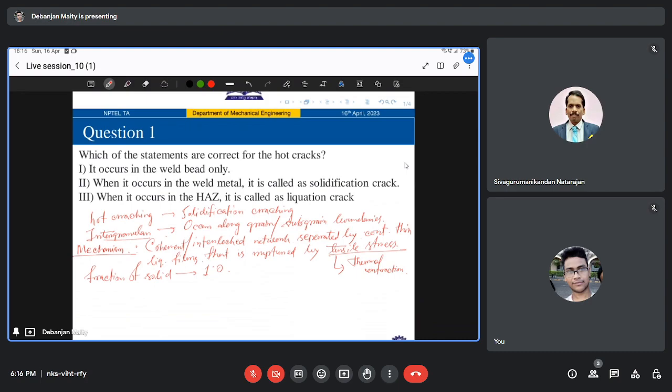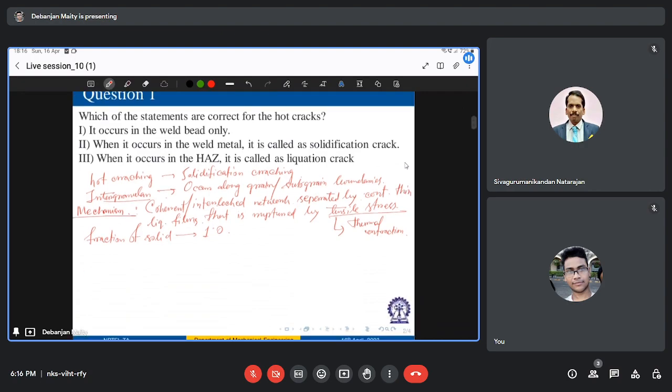Now, several factors favor solidification cracking. There can be metallurgical factors and mechanical factors. In terms of metallurgical factors that increase the susceptibility to this cracking, there can be the freezing temperature range, or the presence of low melting eutectic,